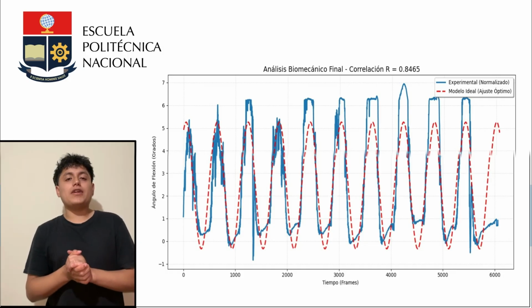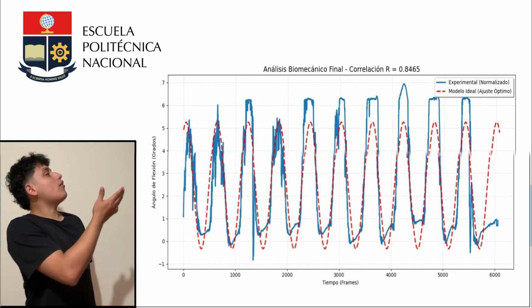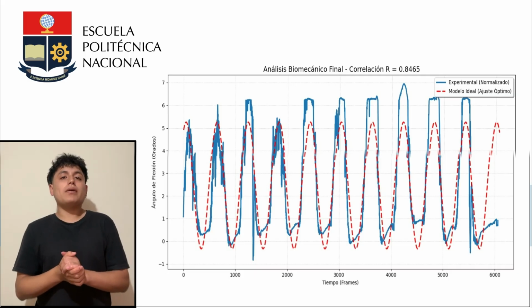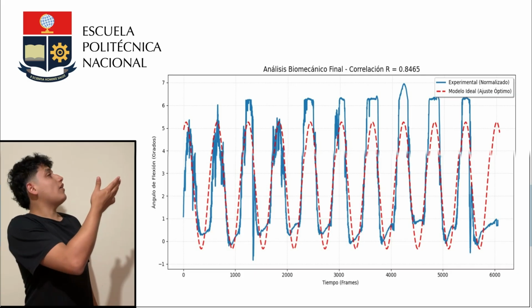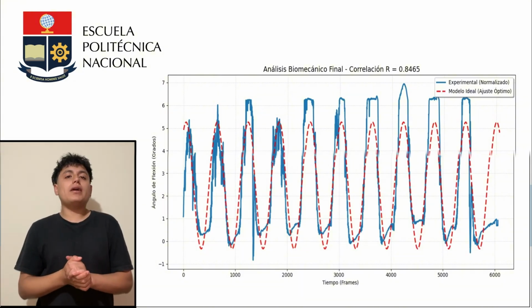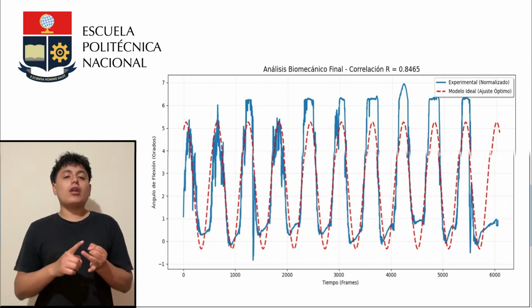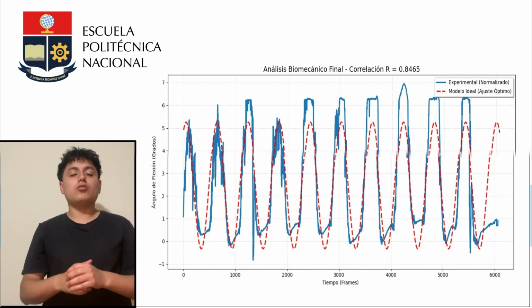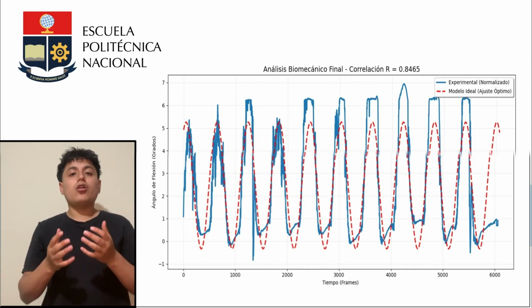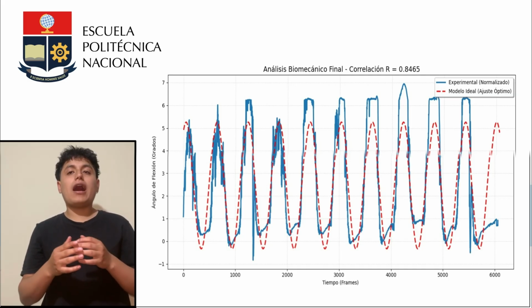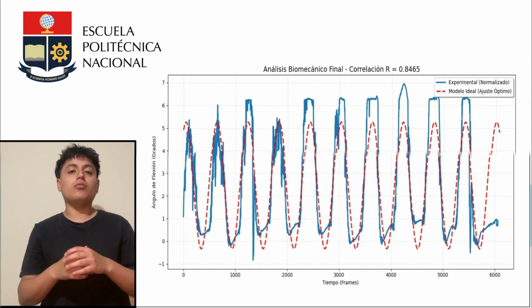Finally, let's look at the results. In this graph, the blue line represents our processed experimental flexion angles, and the red dashed line is the optimized theoretical model. We calculated the Pearson correlation coefficient before optimization. Our raw data showed a poor or even negative correlation due to phase shifts. However, after applying our phase locking and optimization algorithm, we achieved a final R value of